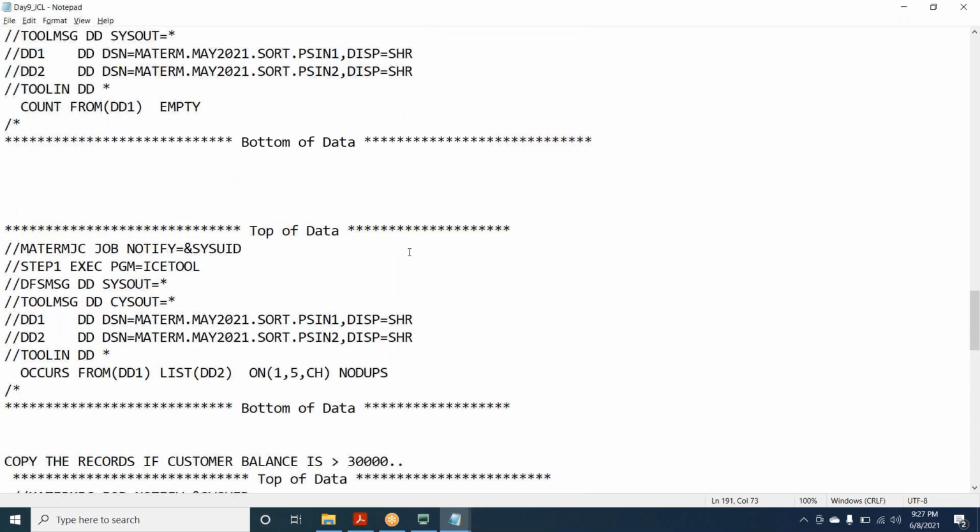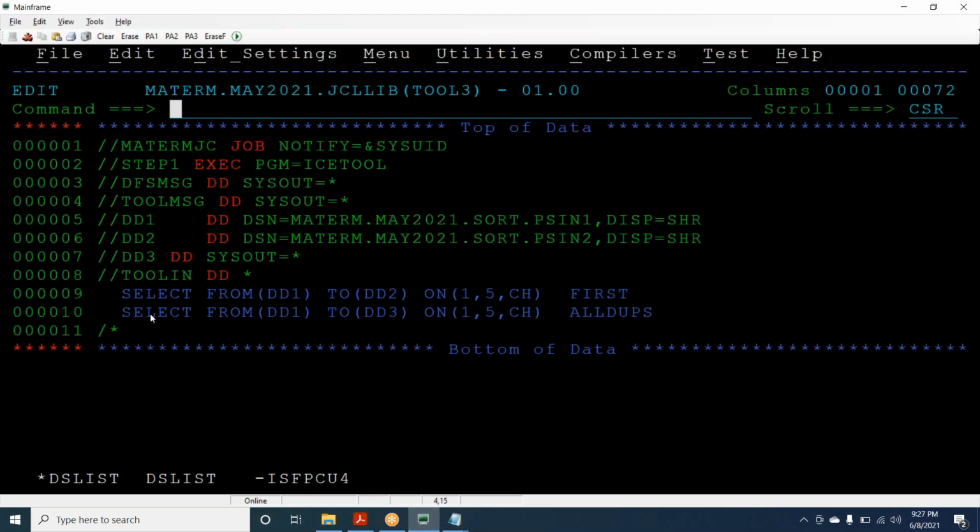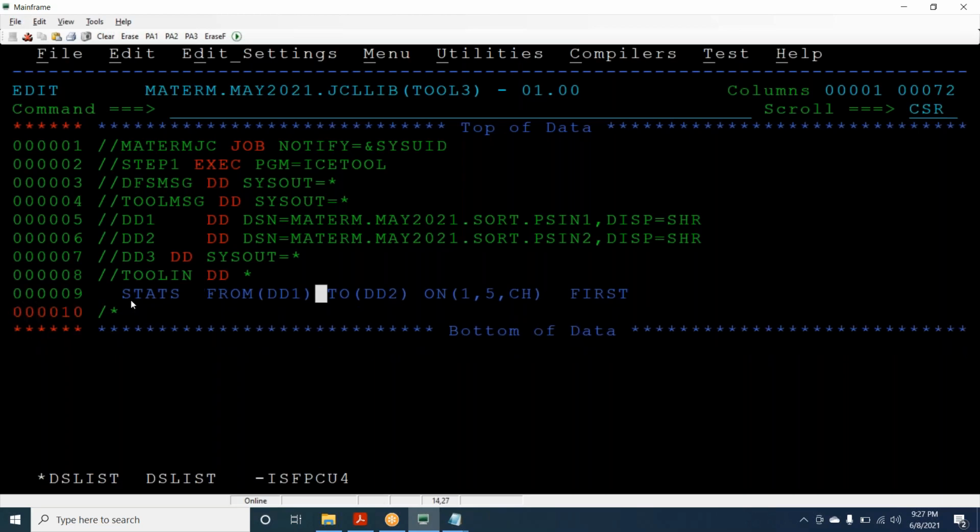So team, we have seen almost all the major important operators. One is copy, we have seen count, we have seen range, we have seen select. Let me explain stats, statistical information. So I can type stats, remove it, 2 is not valid in the stats, and remove the first option.